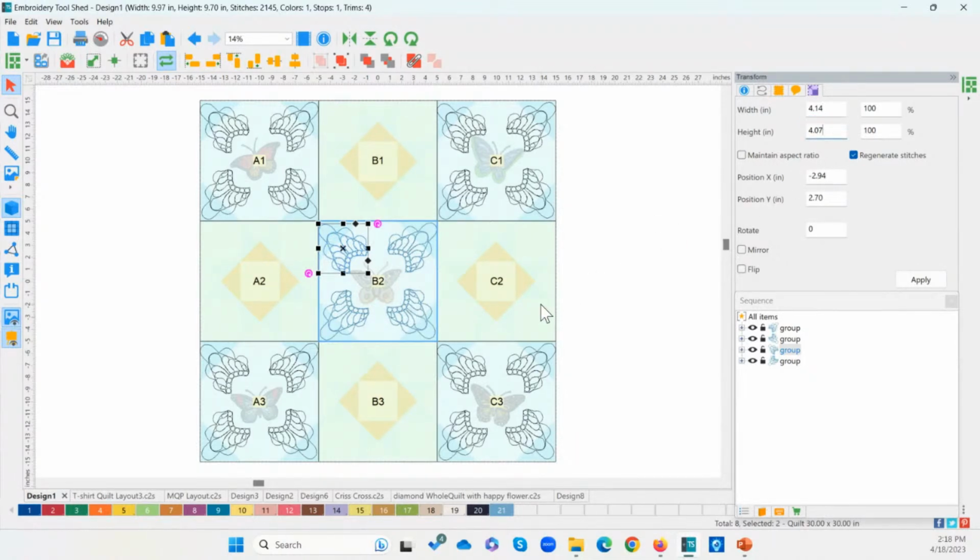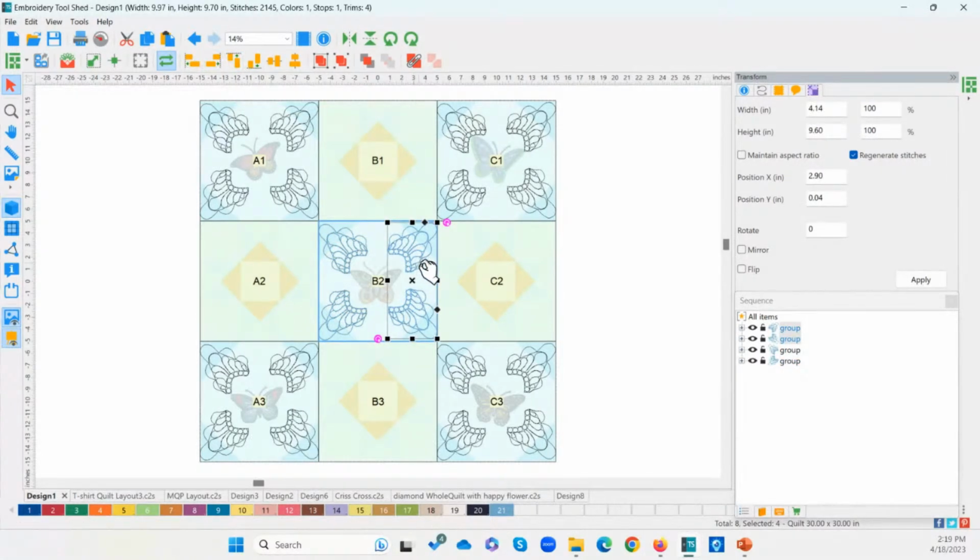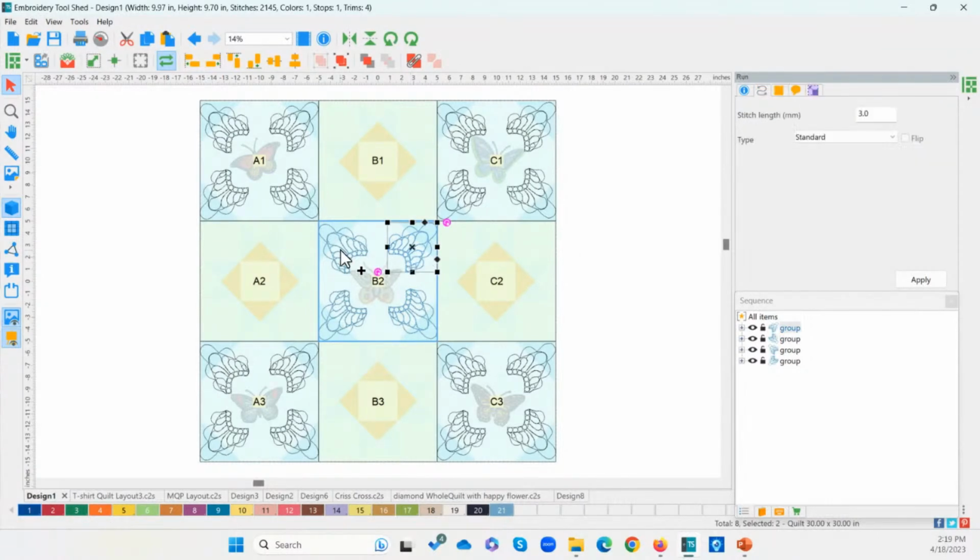So I could quilt that in my hoop that is, say, a 4.5 by 4.5 or larger. I could quilt that one piece. So you can do this with smaller hoops as well. If I was doing 4 designs like this, I would make sure that I line those up. Use your alignment tools here to make sure that you've got everything straight, before you do your export. That's a helpful way to make sure that everything's nice and lined up.